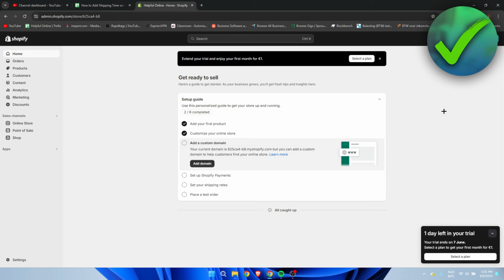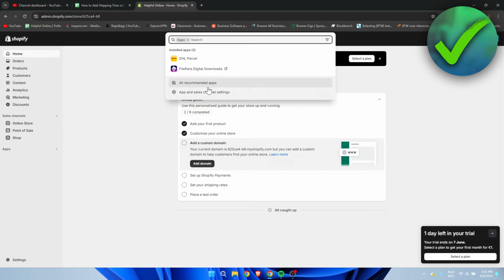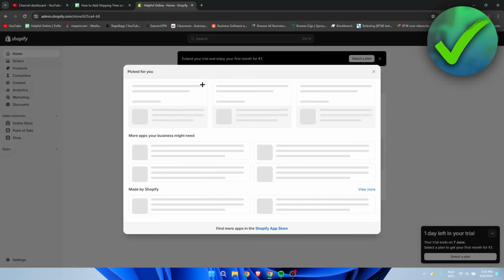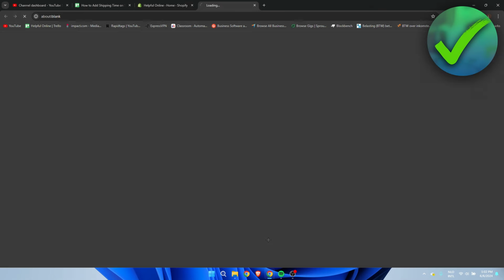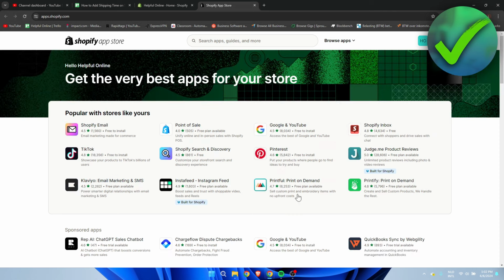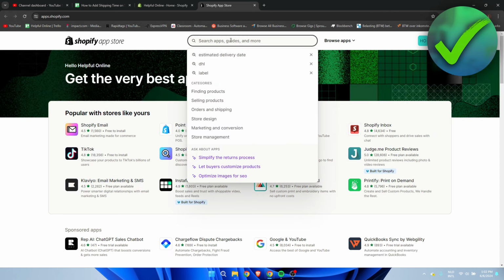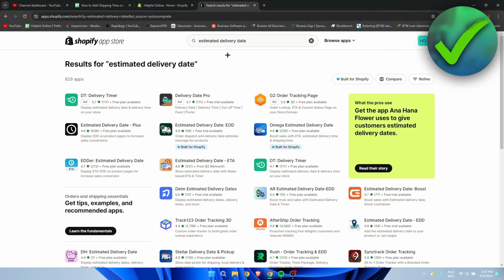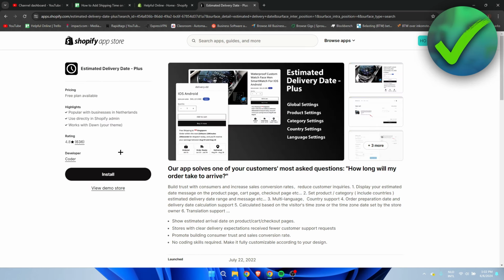So for the first one, what we need to do is simply click on apps over here. We need to go to all recommended apps and then to the App Store. Then the App Store will open up and what we need to search for is simply estimated delivery date. So if you search for that, we have this one over here, estimated delivery date plus, and we simply need